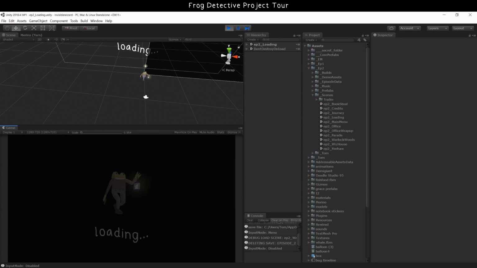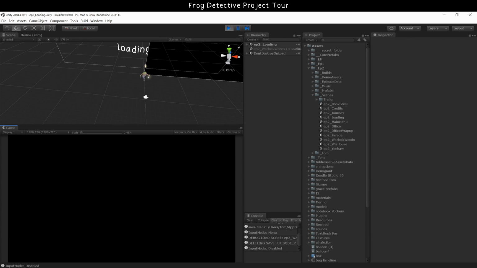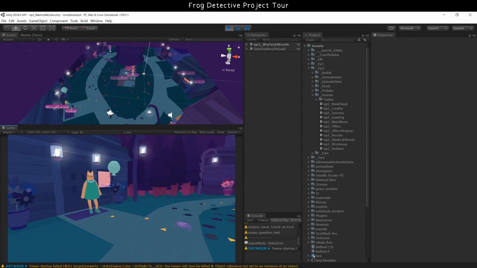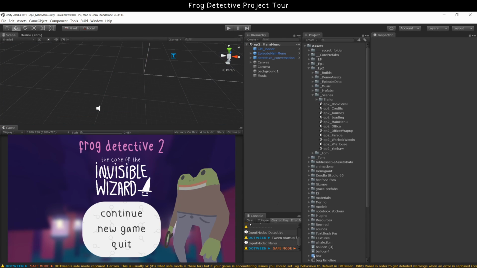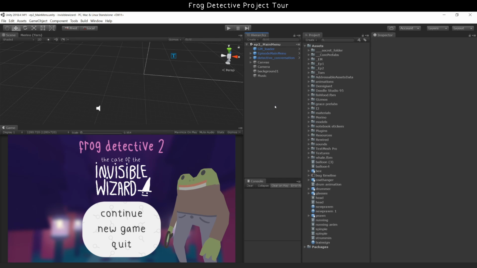I'll just load it now. I think the loading time in the editor is about equivalent to the built game. Yeah, so that's them set to streaming, and it just loads in a few seconds rather than 12. It was just something that I completely missed when we were releasing the game, and it's actually not that important, but I thought it would be interesting just to explain that